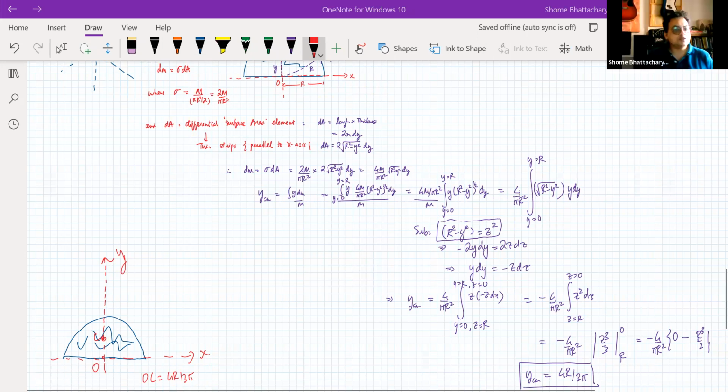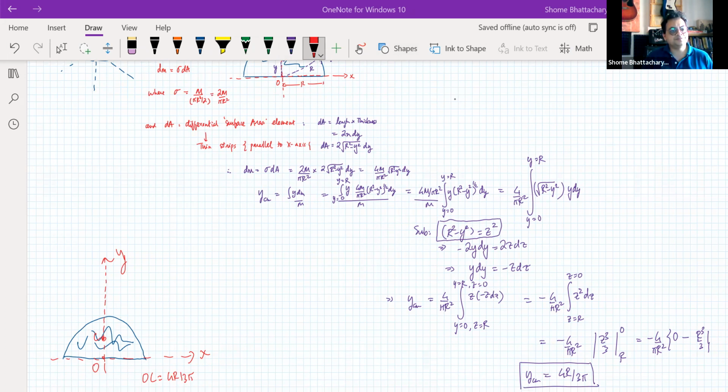Okay, so this is also one of the standard formulae that you will have to memorize, people. The position of center of mass of semi-disk. Yes, Adinath, the reason why we change, actually it's not like we change the limits, but we change the